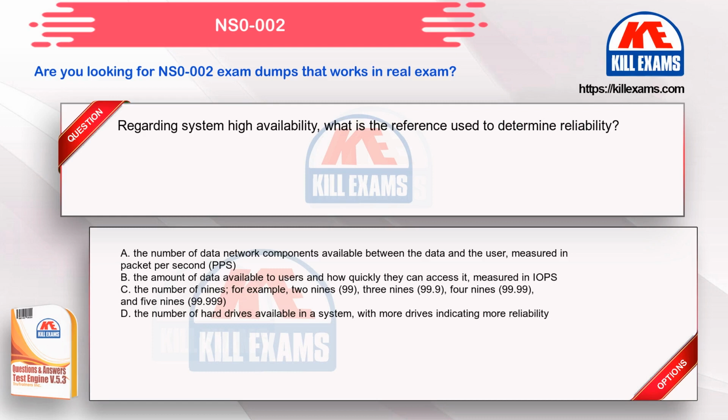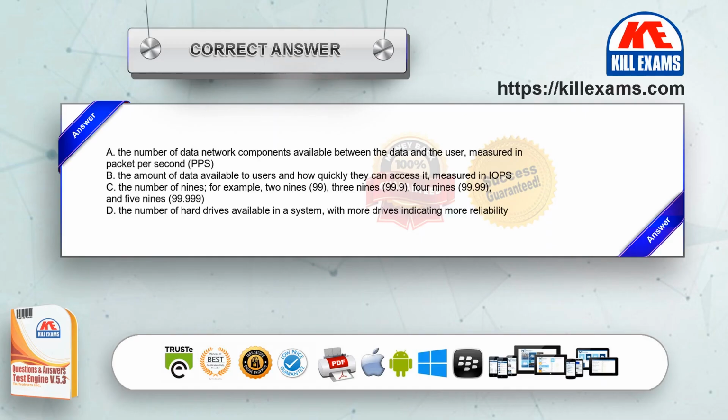Option C. The number of nines, for example, 2 nines, 99, 3 nines, 99.9, 4 nines, 99.99, and 5 nines, 99.999. Option D. The number of hard drives available in a system, with more drives indicating more reliability. The correct answer is option C,